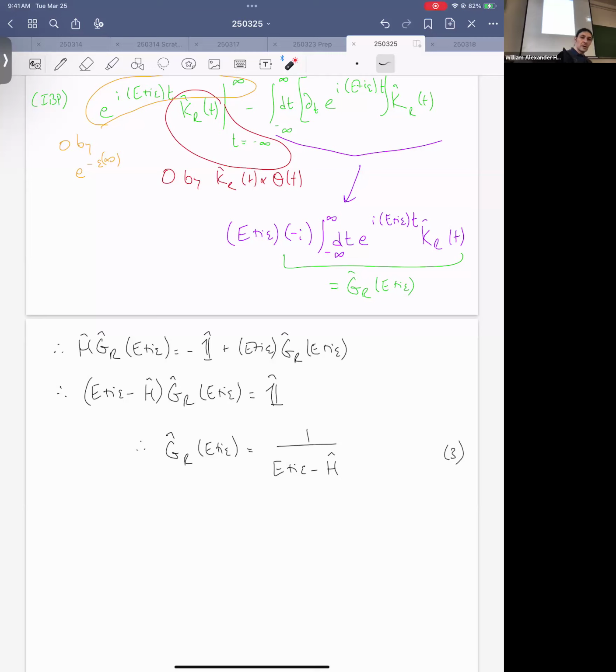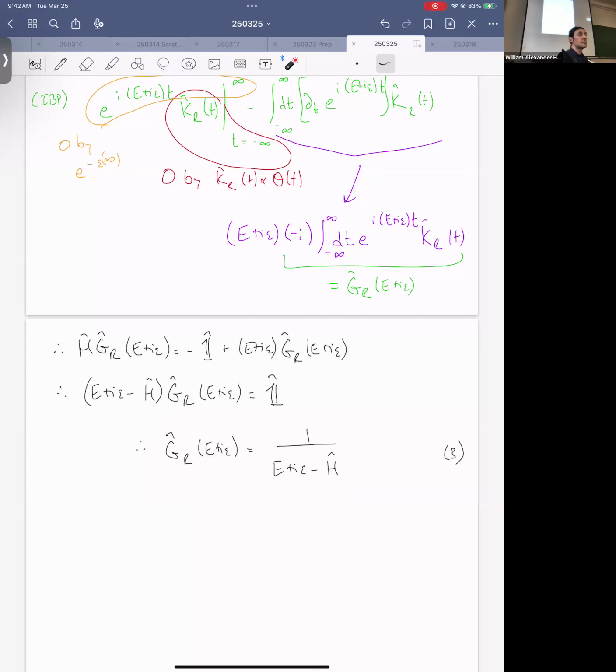Good. Further, as promised, we can see how this operator is much more mathematically well behaved than the Hamiltonian itself. Normally, if we have, for example, the infinite potential well or simple harmonic oscillator, the spectrum of the Hamiltonian is unbounded and goes out to infinity. But you can see here that the spectrum for this operator is generally going to be bounded. And so for mathematicians, that's very valuable. You get a number of nice mathematical properties, a number of nice theorems that you can then use. Good. Any questions on that?